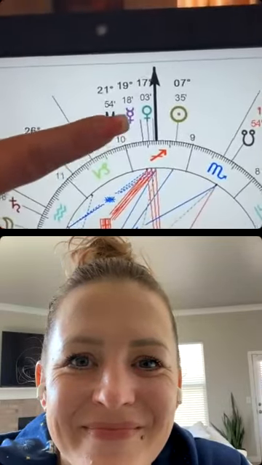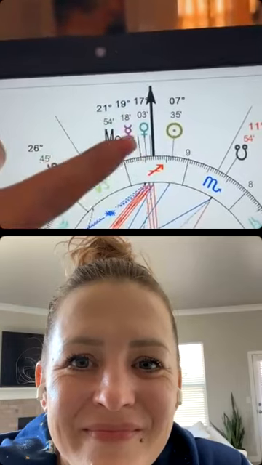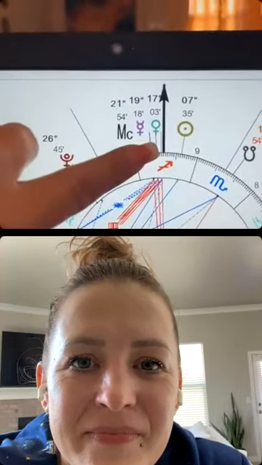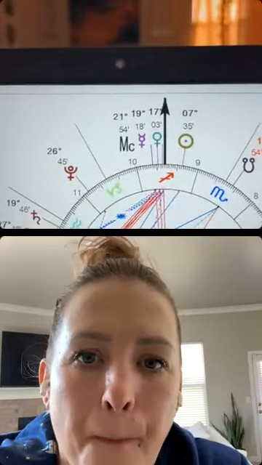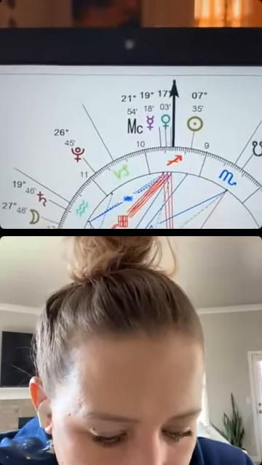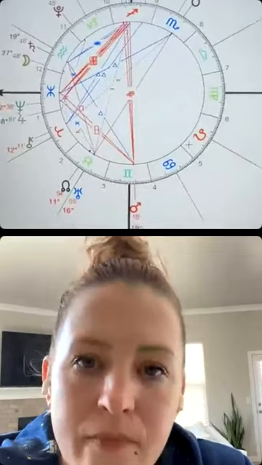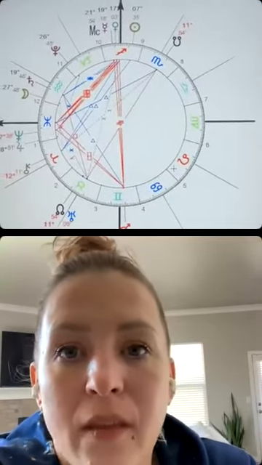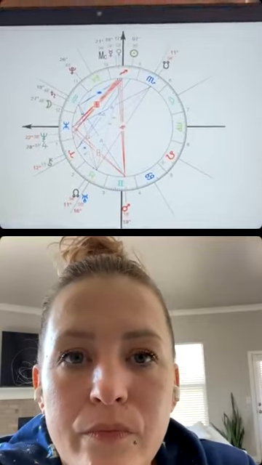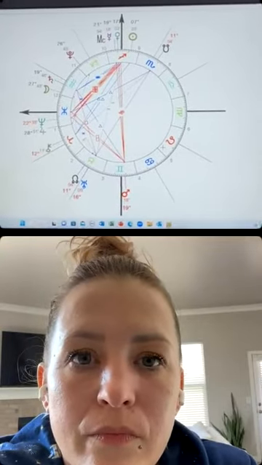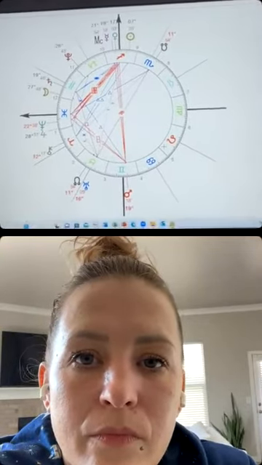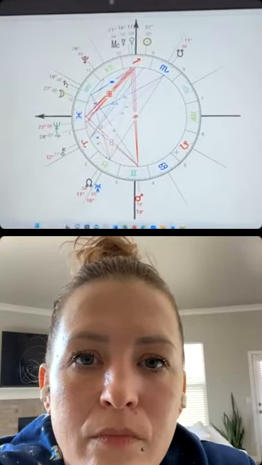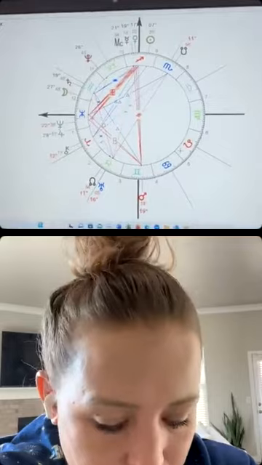Here's Mercury. This is for the exact opposition to Mercury. But as you can see, Venus is literally right behind, at 17 degrees. So we have this very poignant energy. They're a day apart, right one after the other. So as we look at this, here's Mars, like a solo traveler over here.